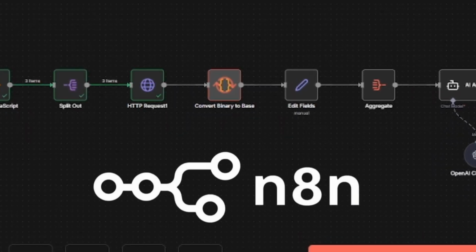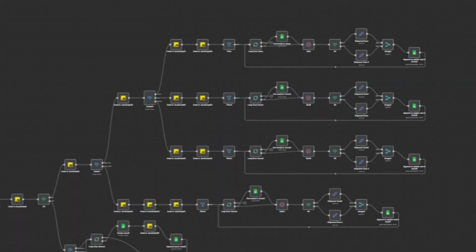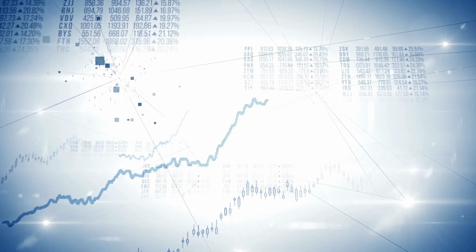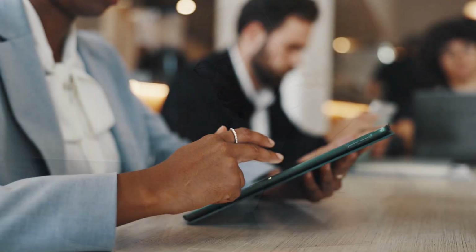Before you start building serious automations in n8n, there is one important thing you need to understand: it's not about memorizing hundreds of nodes and their setups. It's about mastering a few powerful ones that control logic, flow, data, and integrations. Most beginners try to learn everything, but professionals focus on the core nodes that actually run real systems.